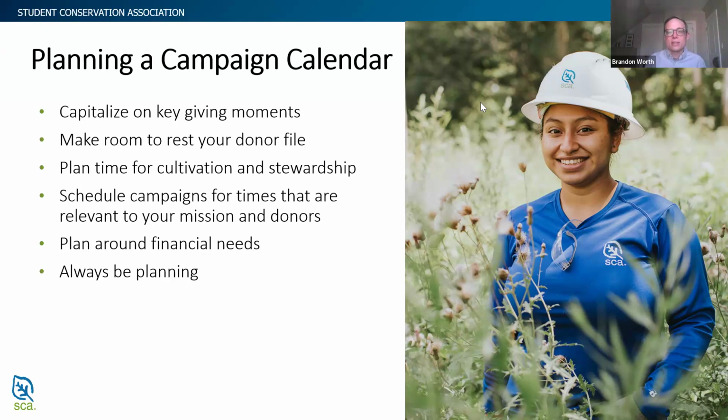And then the last point I would make is to always be planning your campaign calendar. This is also timely right now, coming out of the calendar year-end giving season. With some of the project management tools that we use and the way we plan at the SCA, as we've been doing our wrap up and looking at final reporting on calendar year end, we're taking insights from that wrap up and reporting and have a place that was actually established as we were executing the most recent campaign